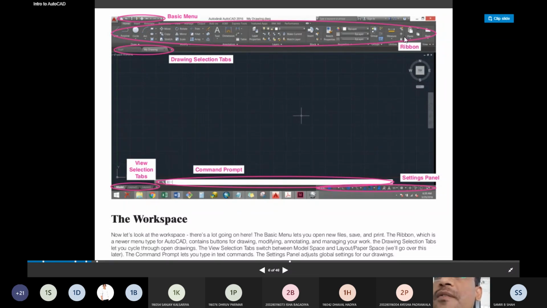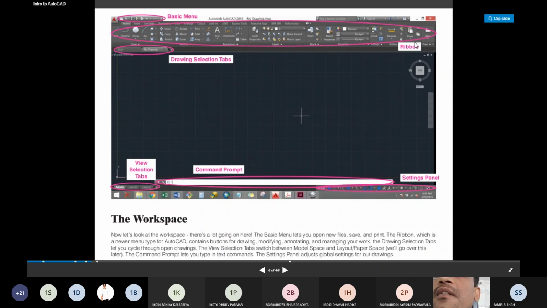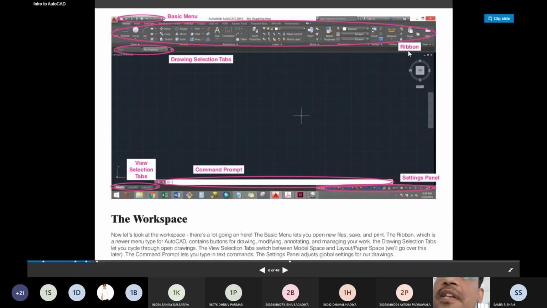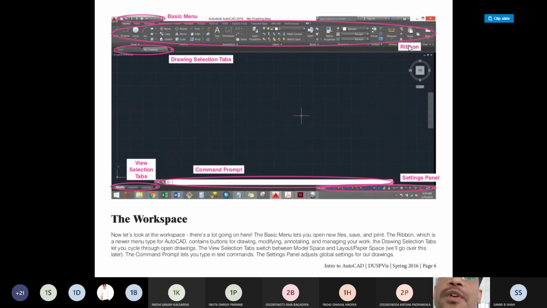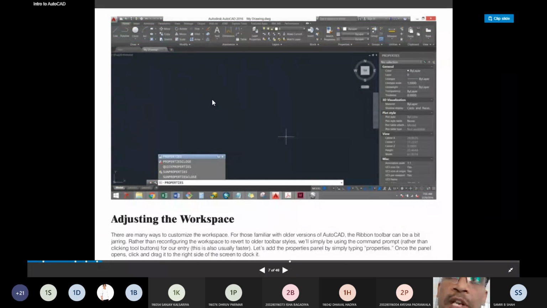The ribbon, which is a newer menu type for AutoCAD, contains buttons for drawing, modifying, and managing your work. This ribbon can modify your drawing, and in the same way manage your whole work. So these are the basic toolbars which are important from the AutoCAD point of view.